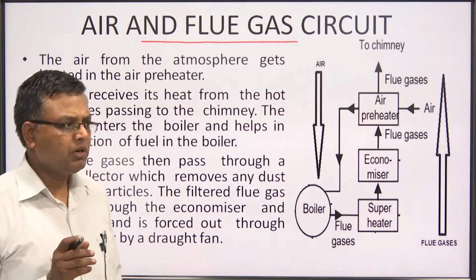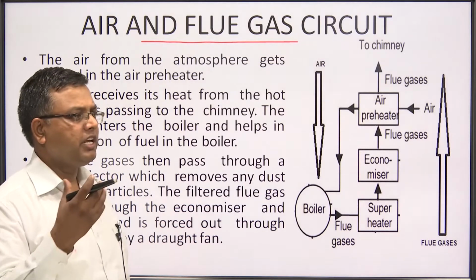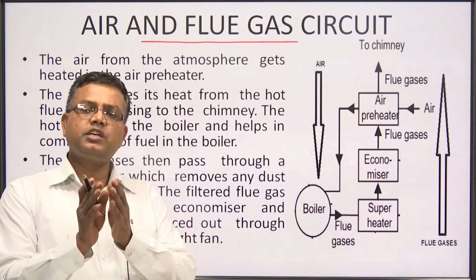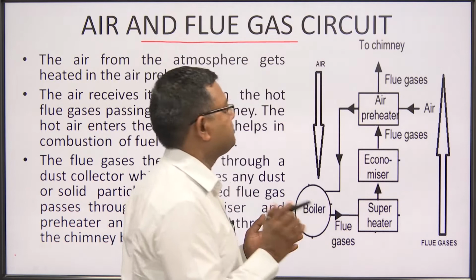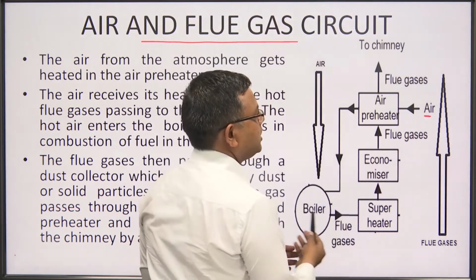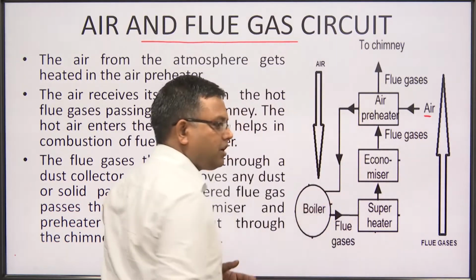We are not able to supply pure oxygen for the burning purpose. So, what we are doing is taking air from the atmosphere, and the oxygen available in the air is used in the burning of the coal, which converts coal into the ash. Here you can see the air from the atmosphere. This air passes through the air preheater and then is supplied to the furnace of the boiler.